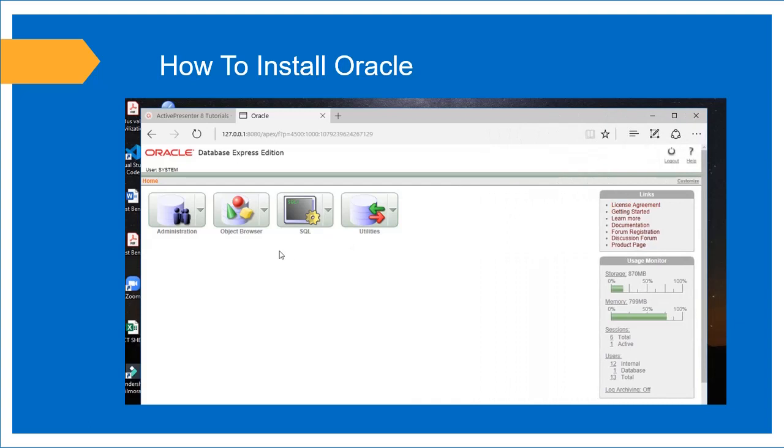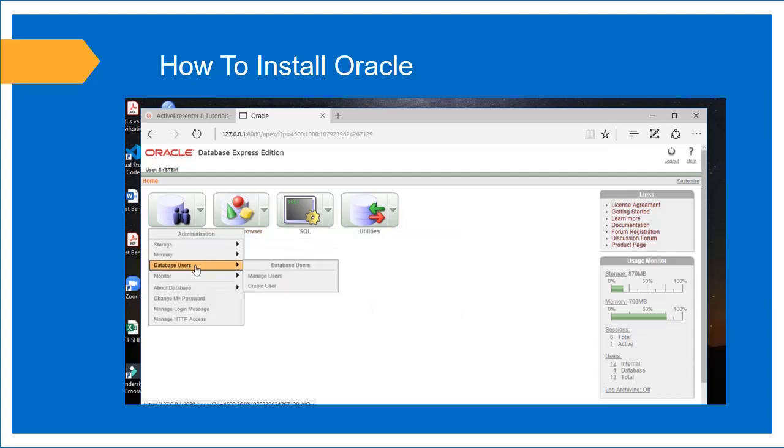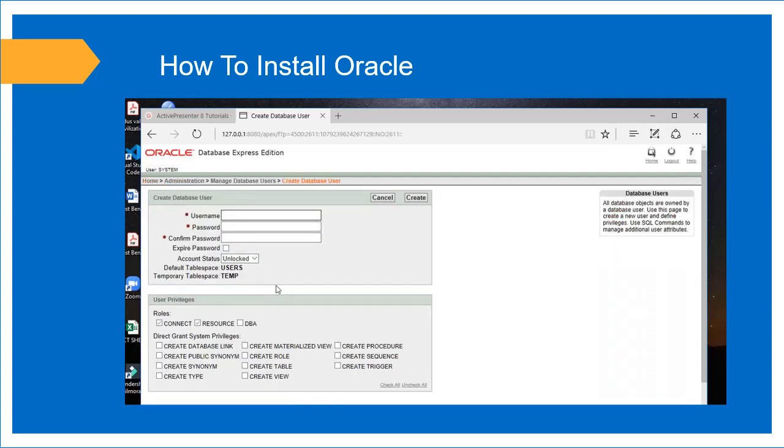You can create your project in the system username, but it is good if you create a user and create all your tables in that user only. So for that you have to go to database administration, then database user, then create user. I am creating with my username, with a password.